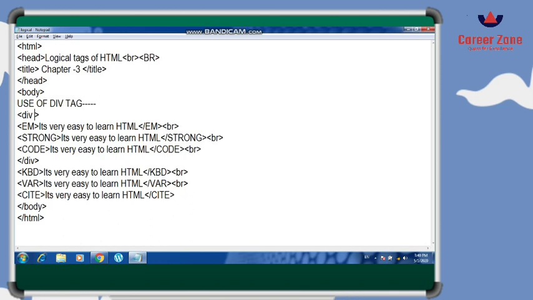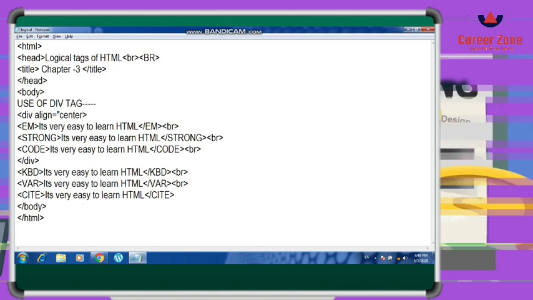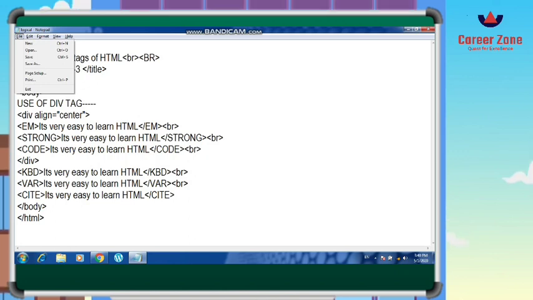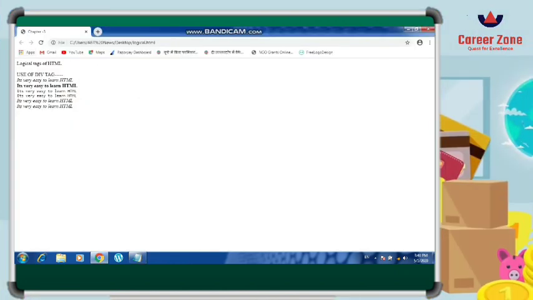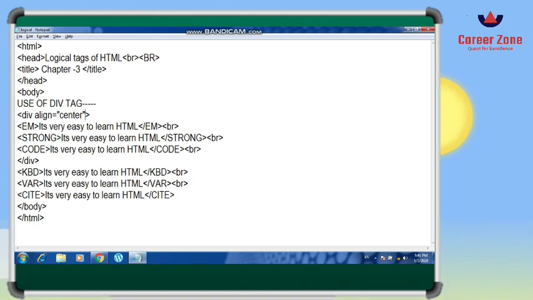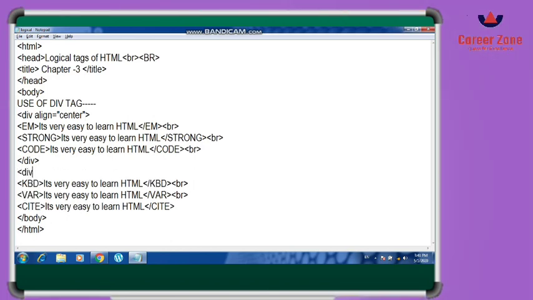But when I change the attribute value to right or center, then it is going to take the contents of the page to right or center. So I have written div align is equal to center. Now you can save it and execute. See how the section goes to the center.